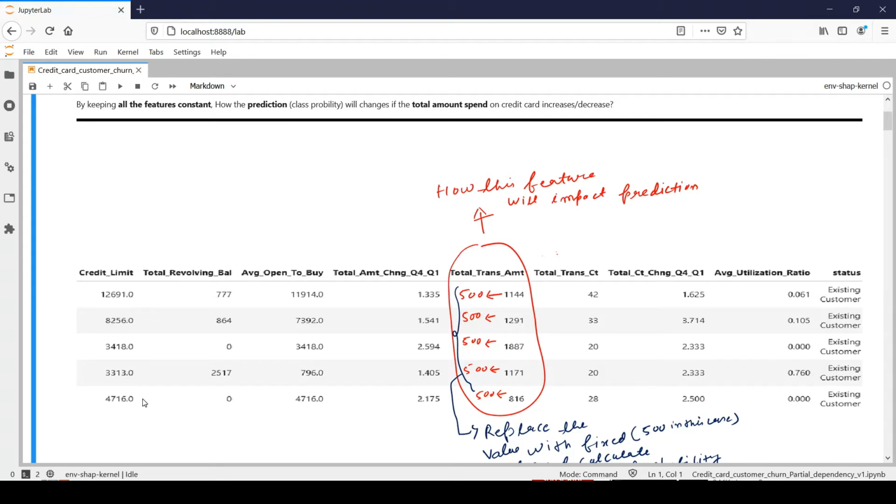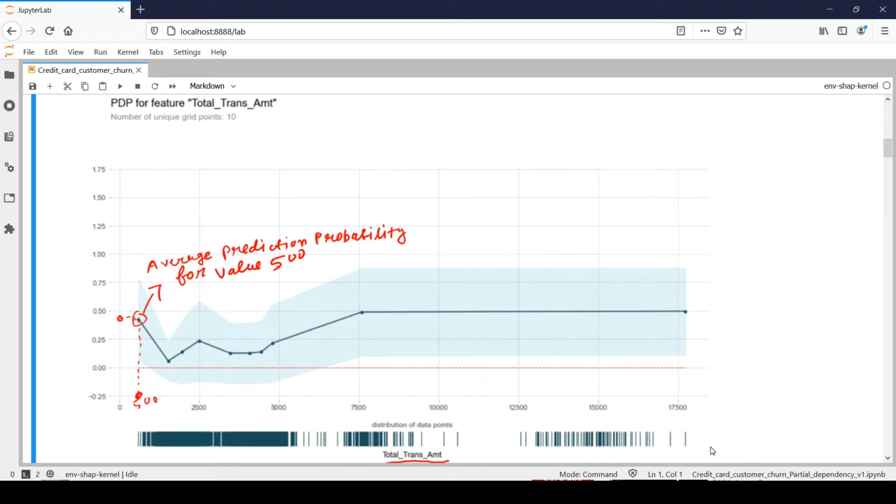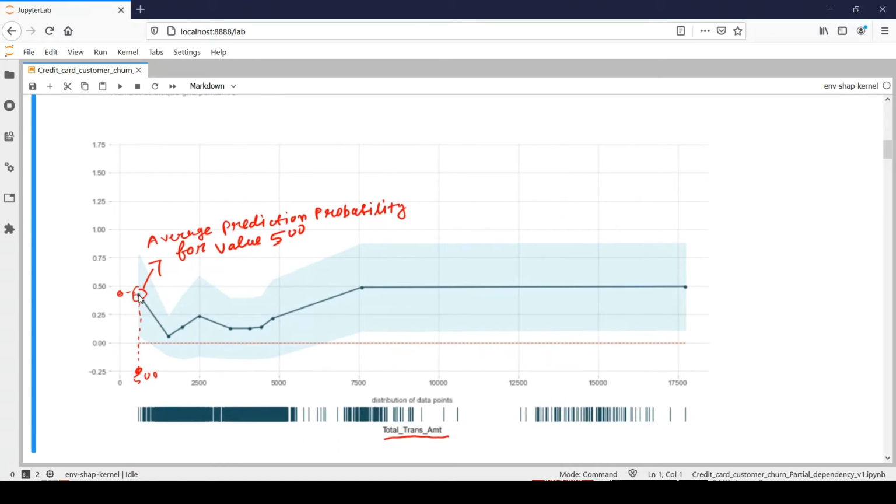Okay, and here I have just taken the initial 5 rows to explain the concept around partial dependency plot, how it works. At the end you will see something like this. This plot explains the variation of your prediction score based on different values of your field, right? Here I have taken the field as total transaction amount. We can clearly see a pattern that once my value of total transaction amount is 500, the prediction score would be around 49%. These sorts of variation you can see from partial dependency plot.